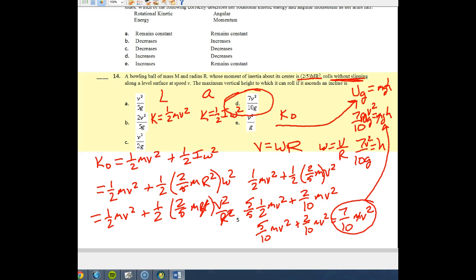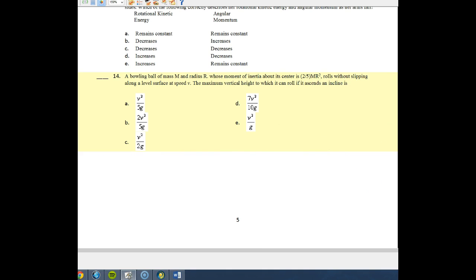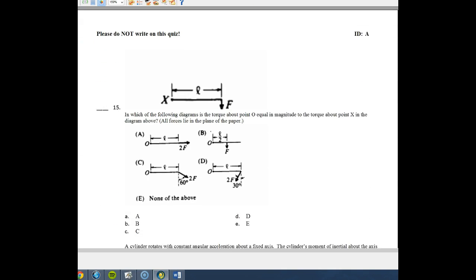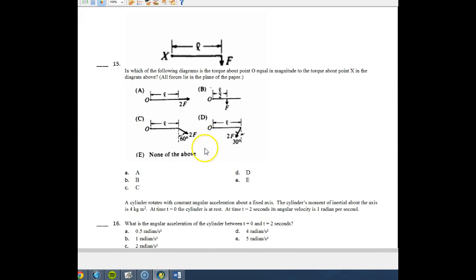For the next one, which is number 15, this one's really pretty simple, not a lot to it. We'll go ahead and move down to number 15. It says which of the following diagrams here is the torque about point O equal in magnitude to the torque about point X in our diagram. So it says all the forces lie in the plane of the paper, so there's nothing coming out or going in. So we're able to kind of just look at it. We know that torque here is just equal to R cross F,